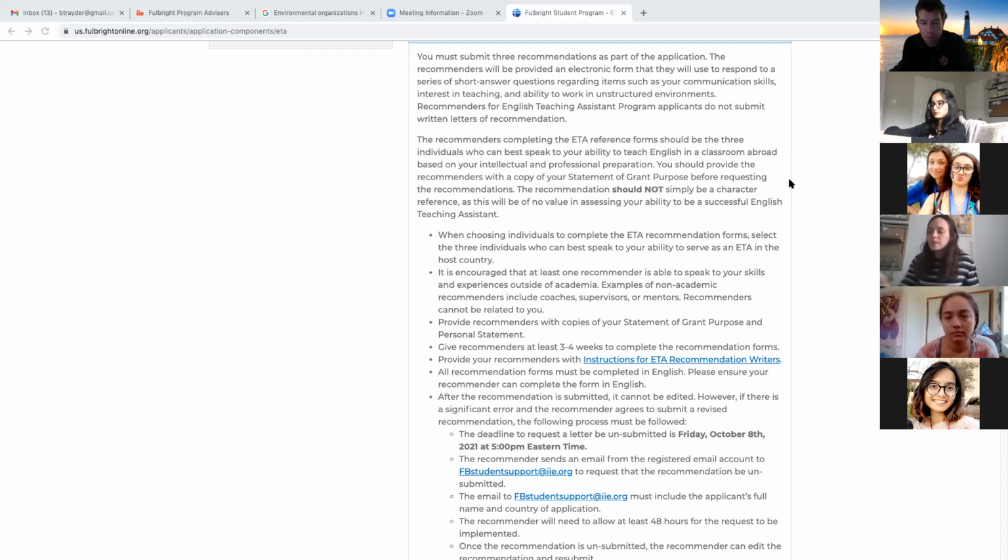That person will then get a link to fill out the recommendation form and will submit that directly to the application. So again, you never see it. I can see it in the application when it's submitted. I can't see it when people are working on it, but it's a form and it asks very specific questions, talking about you and your potential as a cultural ambassador, your ability to be in the classroom, your ability to be adaptable, flexible, things like that,